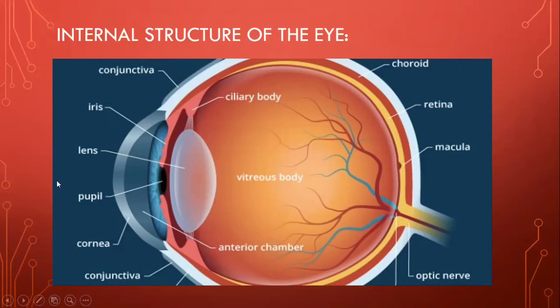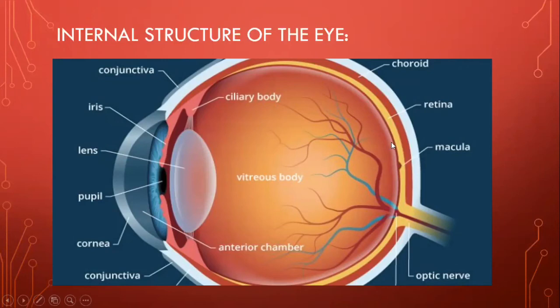So when light rays enter from the pupil, and when they are refracted by the lens, the vitreous humor aids refraction, and the image can be formed on this inner layer, which is the retina. Now, this retina is a tissue which is made up of photoreceptor cells. The photoreceptor cells are the ones which are sensitive to light. What do we mean by them being sensitive to light? Sensitive to light means that whenever they're exposed to light rays, they are stimulated. So whenever the light enters, they are stimulated and they can form the image.